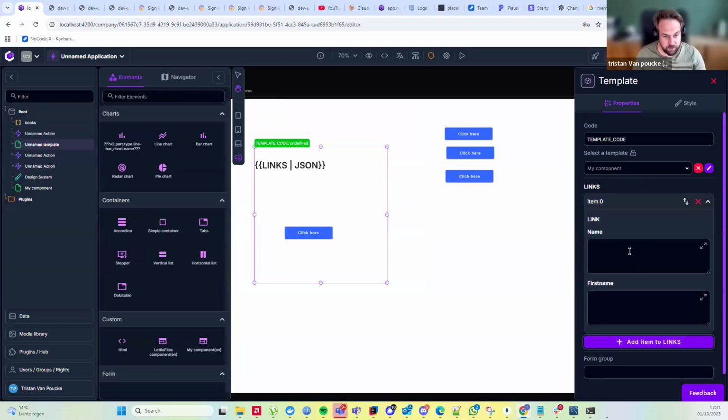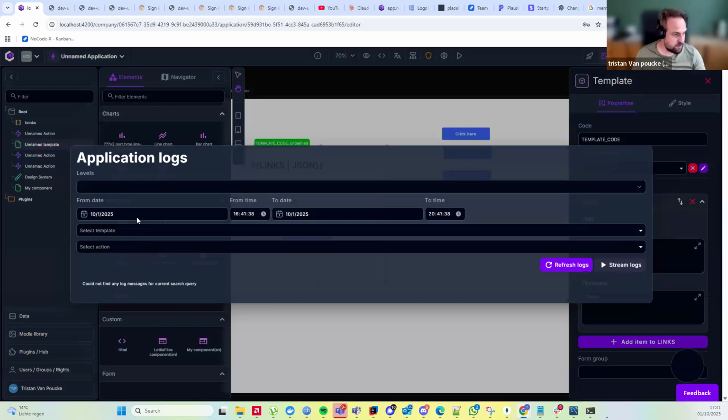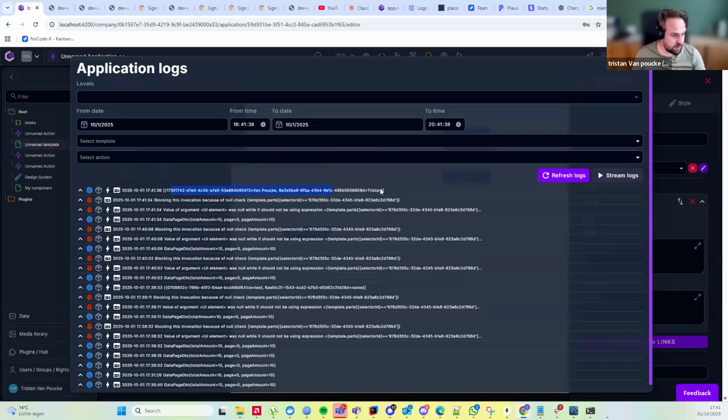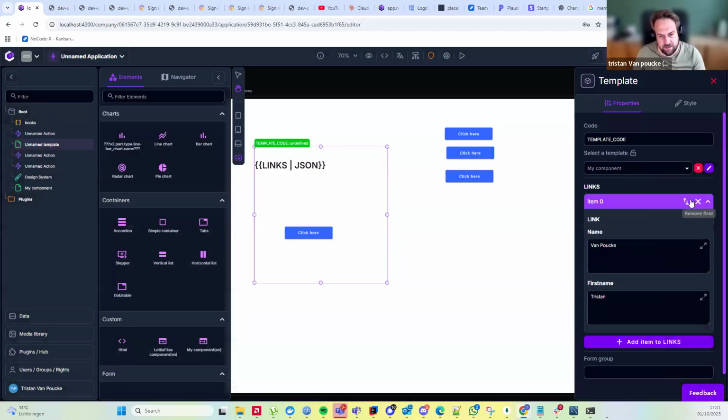I remove this one and I'll add something like this, and then if I bust the cache again and I click this button, I should see something else in my log. So I'll have to look at those ideas. Might be writing it out in a certain way, but at least we get the data through. So that's the idea behind these